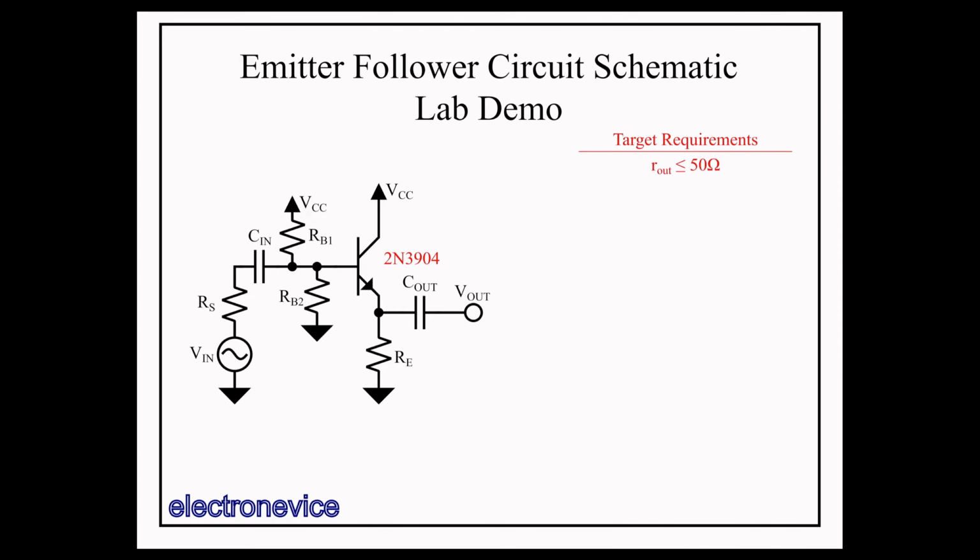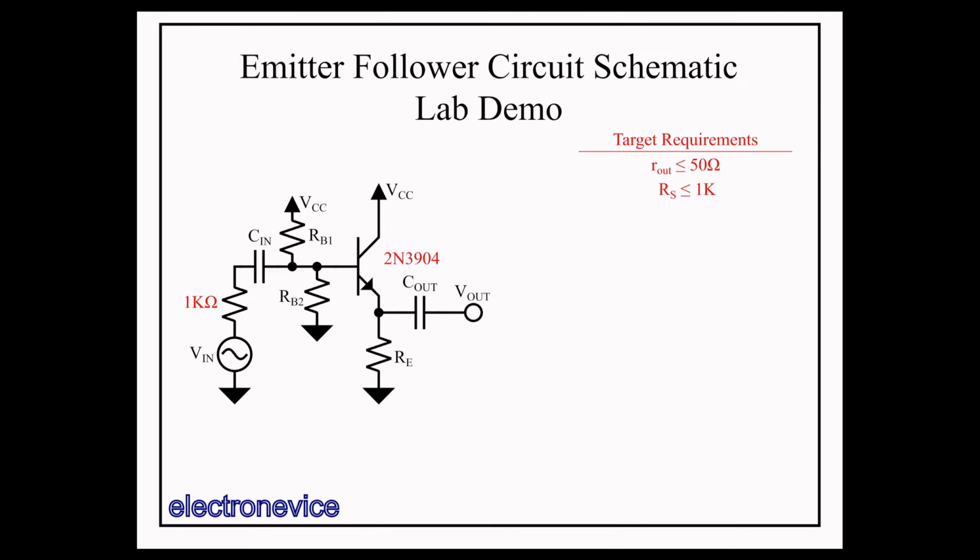On the bright side, ADCs tend to have a rather high DC input impedance, so we will assume the load impedance is much higher than our 50 ohm target, so we can ignore it in the analysis. For the input impedance, let's assume the source has at most 1 kilohm. You might consider this low impedance already, but there's only so much buffering that a single BJT can accomplish. A variant of this circuit using 2 transistors, in what is called a Darlington pair configuration, can help with this. We will explore the Darlington pair in later videos.